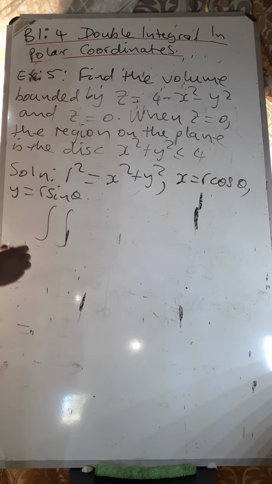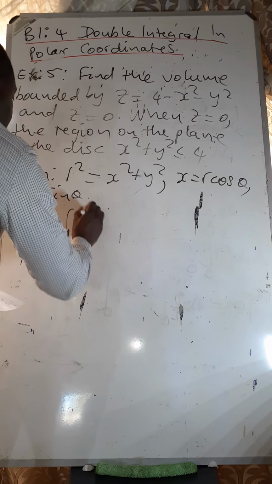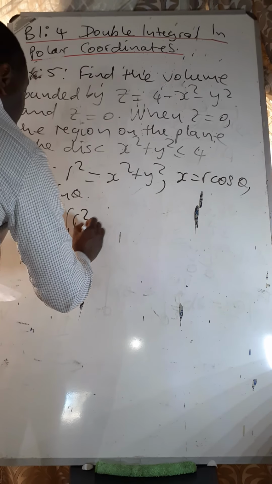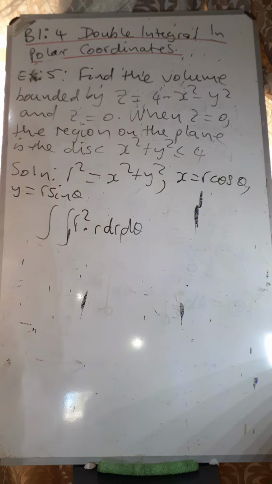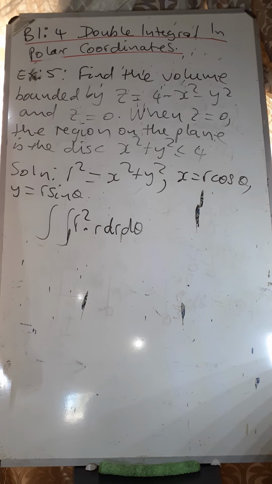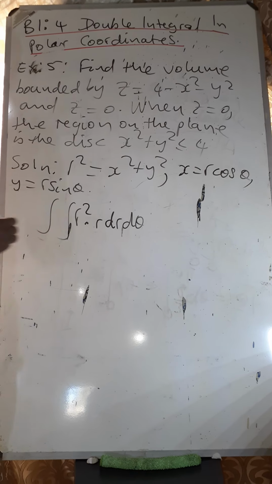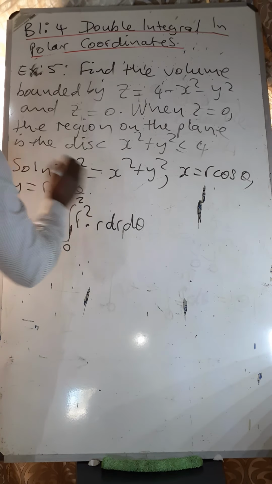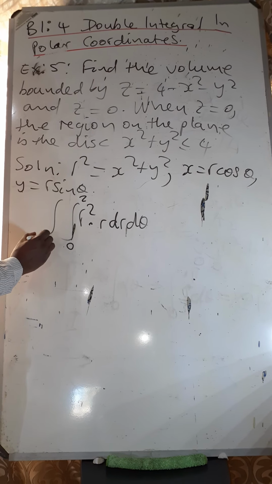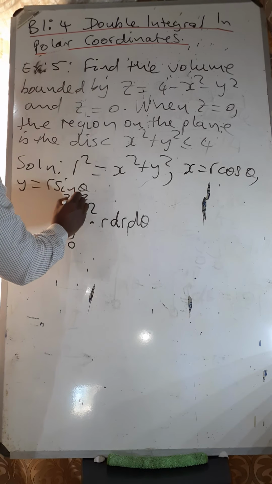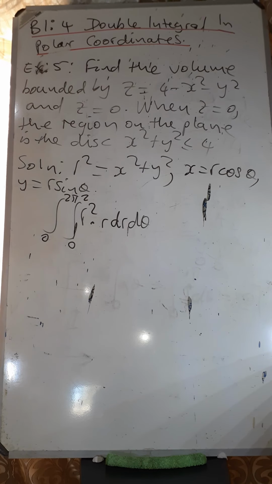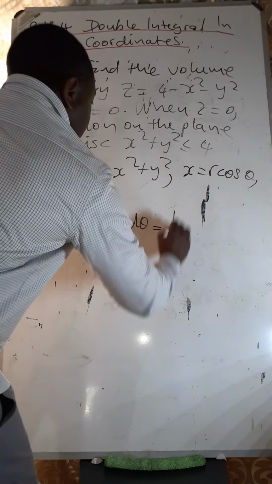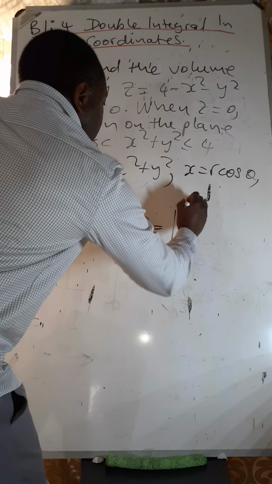Okay? So it will be simply (4 minus r squared), then times our usual r dr d theta. Then r is ranging from 0 to 2, then theta from 0 to 2 pi. Then obviously this will be 0 to 2 pi of